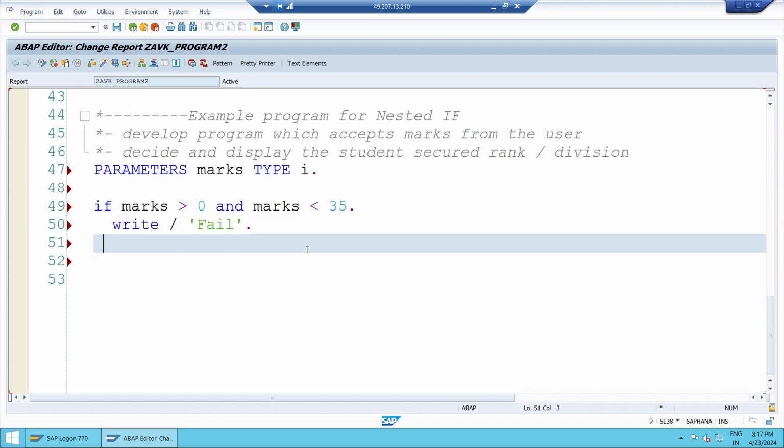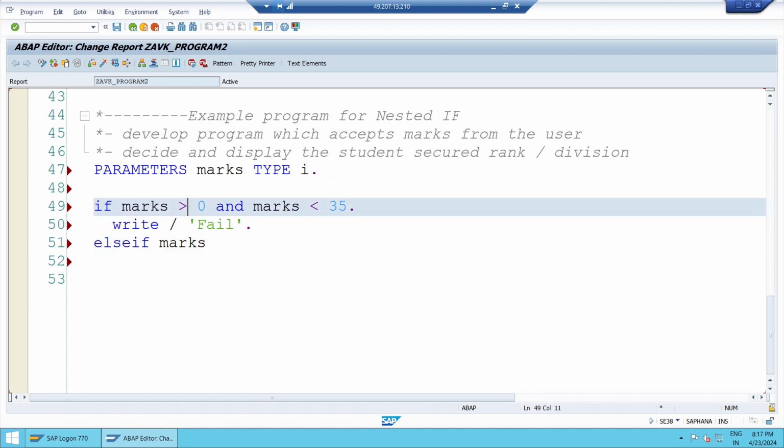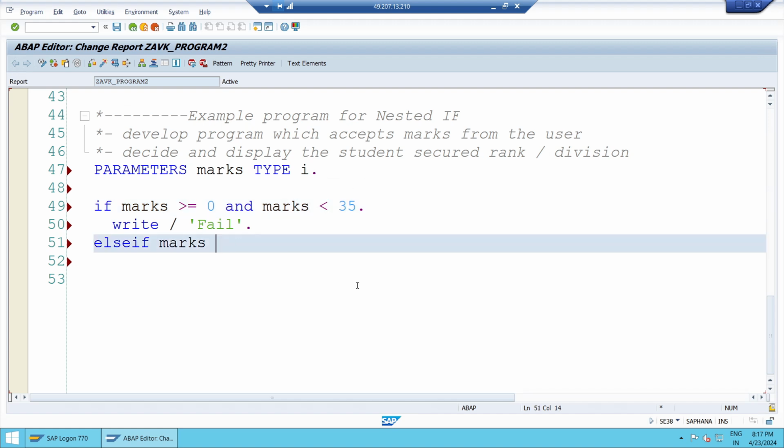This is the fail concept. Then go to else if marks. Here it can be greater than or equal to, also you can write it, not a problem. So marks greater than or equal to 35 and marks less than 40,